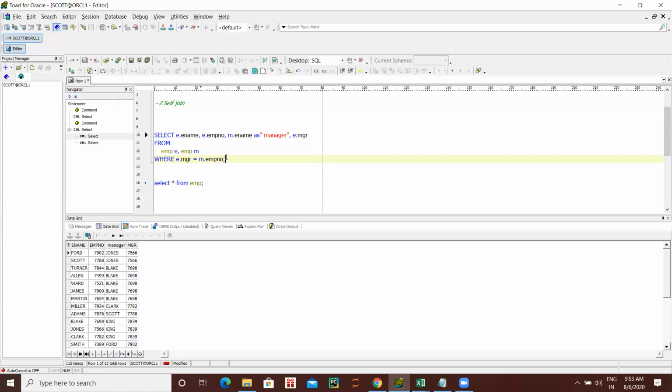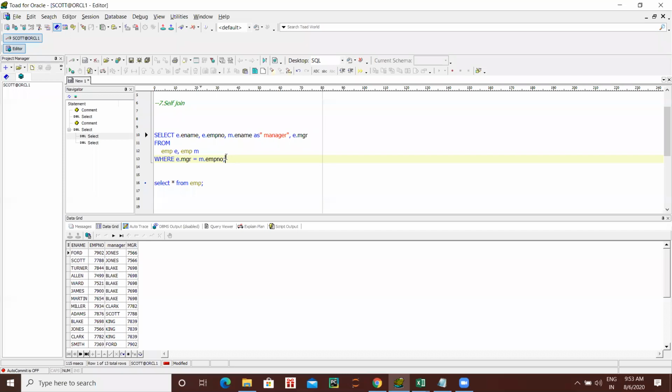Okay, so try to understand this query, but it's very simple. We are using a simple self join on the same table, but while joining we are taking two columns. That is important. Here we are taking the manager MGR column and the employee number column. That is the join condition we are doing.